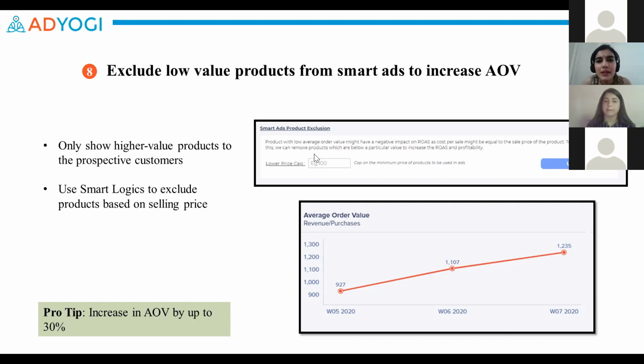Facebook usually picks the lower value products to show because they get a higher CTR and even a higher conversion rate in most cases. But at the end of the day, the ROAS is not very satisfactory because we've been selling the lower value products. So despite the other ROAS analyzer matrices being healthy, the ROAS is on the lower side. In these cases, increasing AOV is the key to increasing the ROAS, and this feature, where we can exclude certain